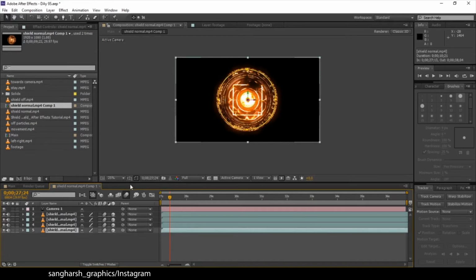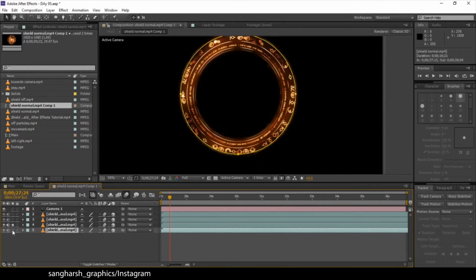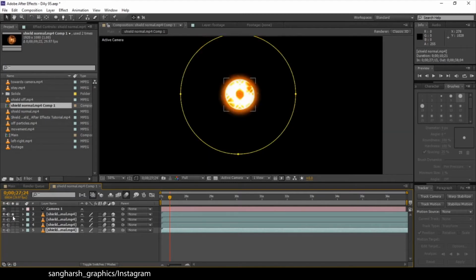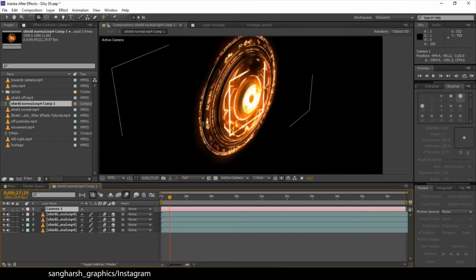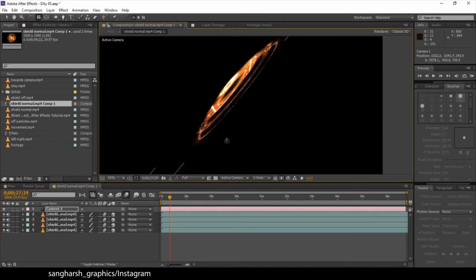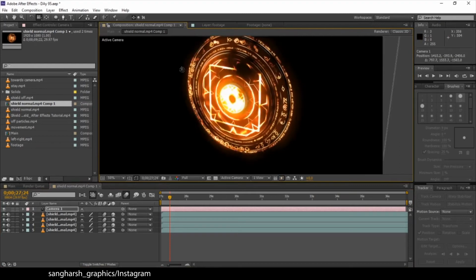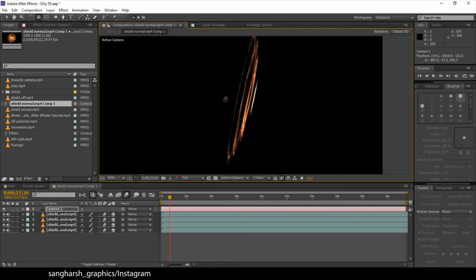You can see a mask here, where I isolated only the outside area of the ring. Here the inner ring is isolated, then the mid ring, and last the center. I isolated all of the layers by adding masks. I made all of them 3D and adjusted their position on the Z axis to get a little bit of a 3D view. In his video you can't see it is 3D, it is just one single layer. So to make it pop up a little, I made it 3D like this.